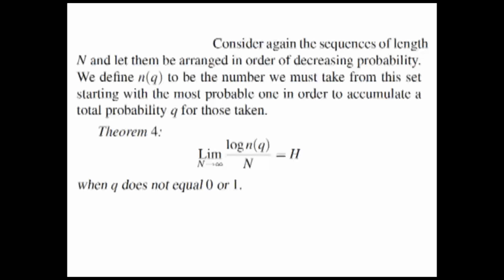Okay, and then he gives the strong form of the theorem, saying that regardless of whether you are prepared to take a hit of not finding your message in the code with probability 0.99 or probability 0.01, the fundamental limit is the same. Okay, so this is in fact what we call the strong converse.